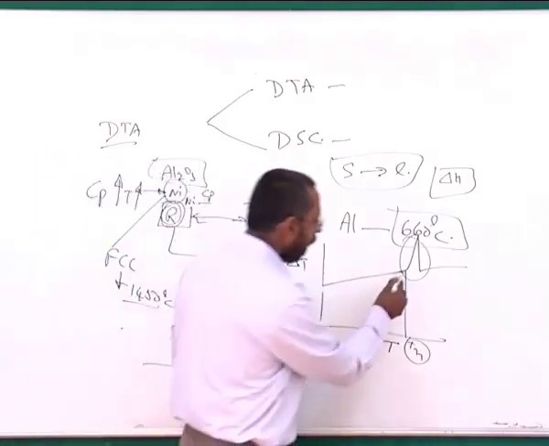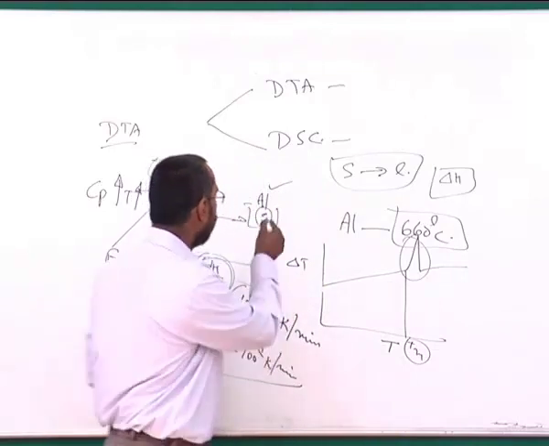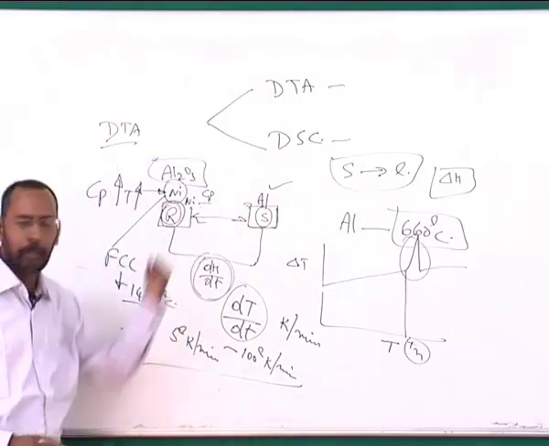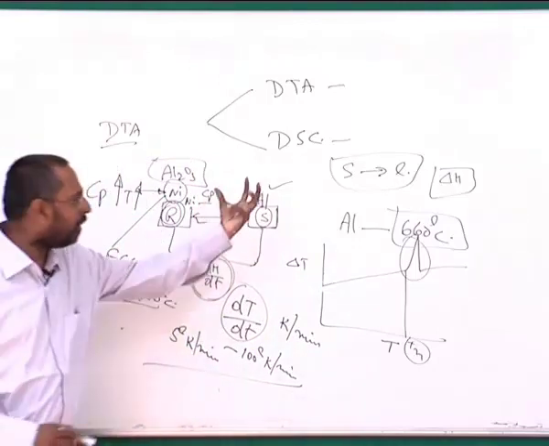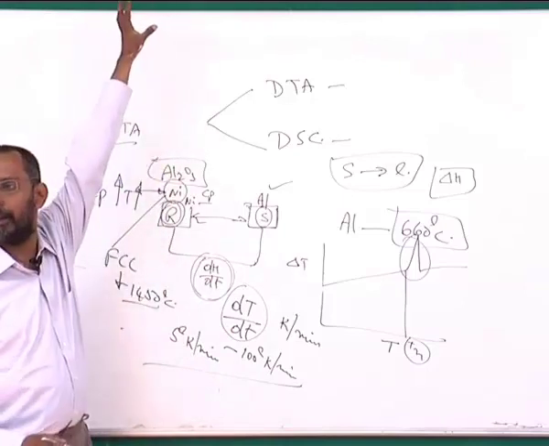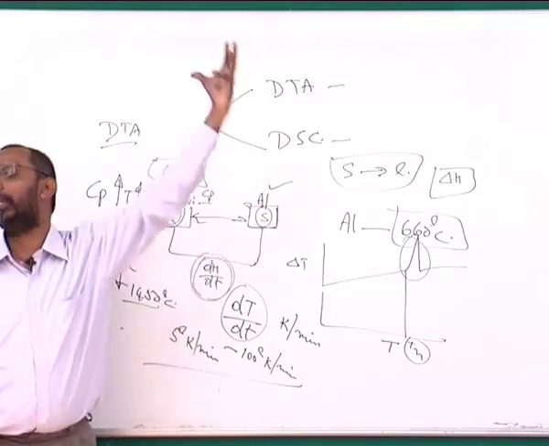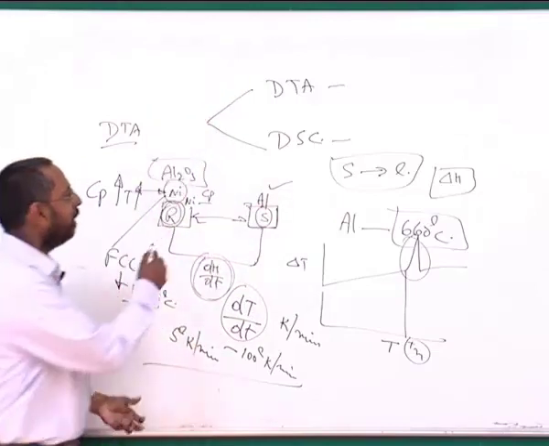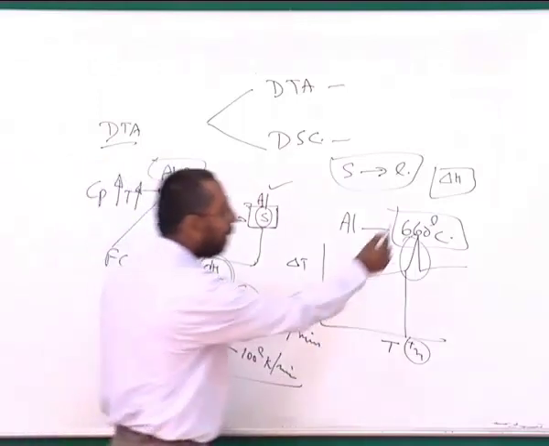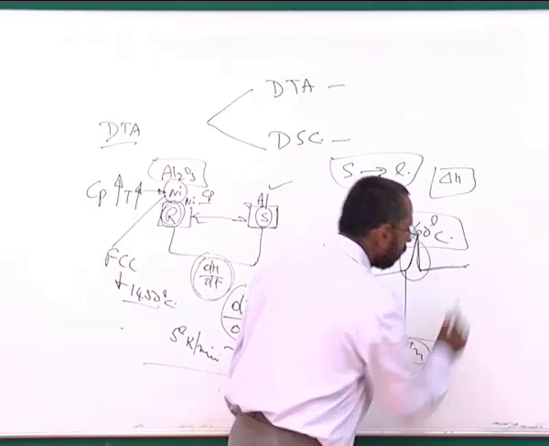But the moment I come to this temperature, which is the melting point, suddenly you see that this particular sample starts absorbing a lot of heat. Because it is absorbing a lot of heat, this fellow is not getting heated up, whereas the reference keeps getting heated because of the heat that I am providing. So suddenly there is a temperature difference established between these two, and that temperature difference, if I look at it, you get as a peak.